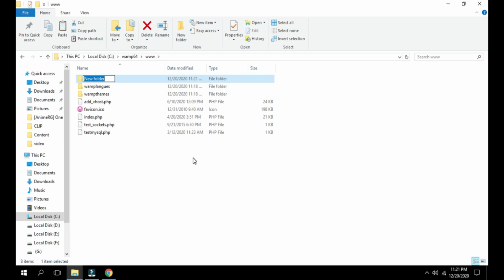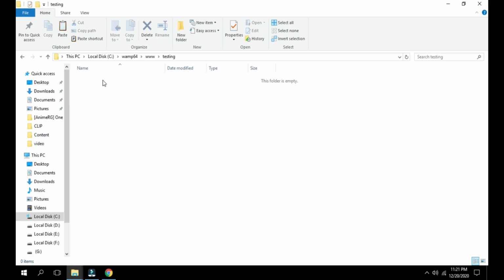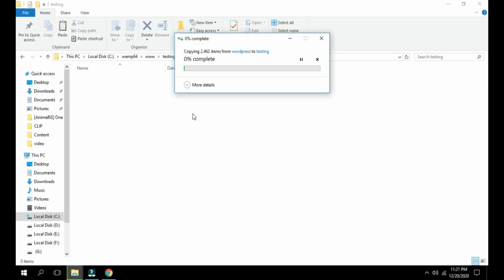You can name it as your project that you are working on. I named this as testing, and I pasted all the files that I copied earlier from the desktop, the extracted WordPress folder.